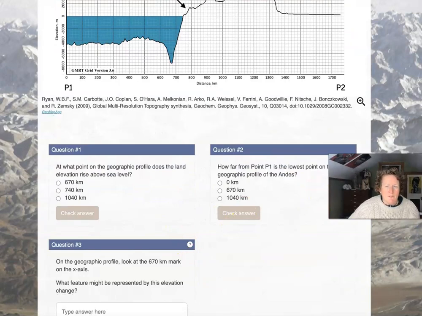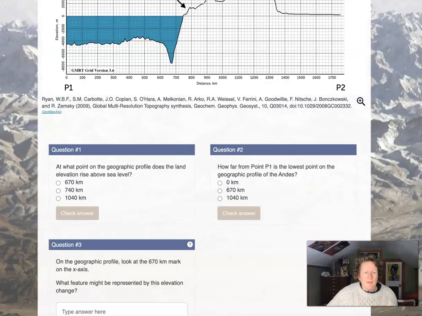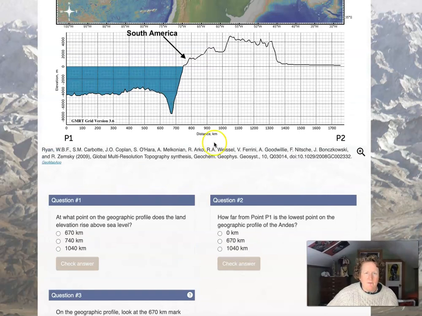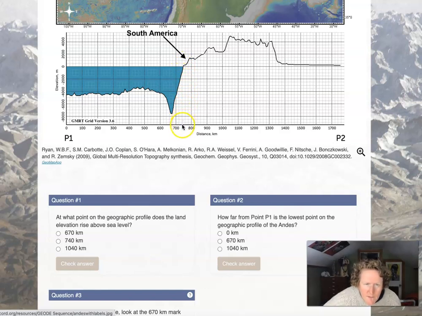At what point on the geographic profile does the land elevation rise above sea level? So let's look. The water ends right here, and then we run into land right there. And if we look down, we can see it's about right there. And we count the blocks between 700 and 800. 1, 2, 3, 4, 5. There's 5 blocks out of 100, so each of those blocks is 20. And I'll let you figure out exactly